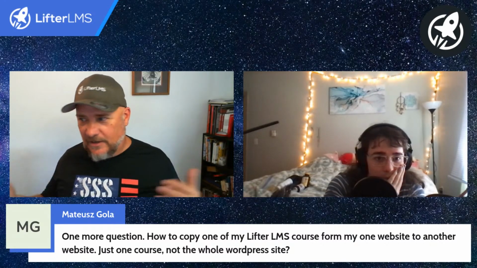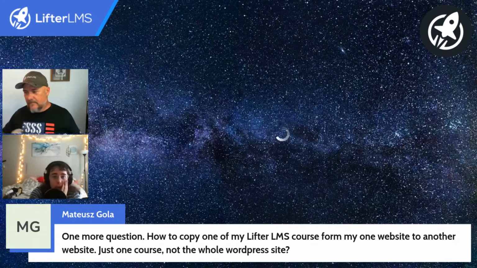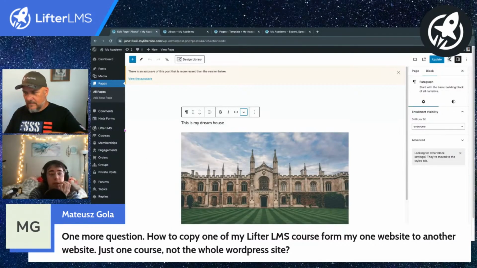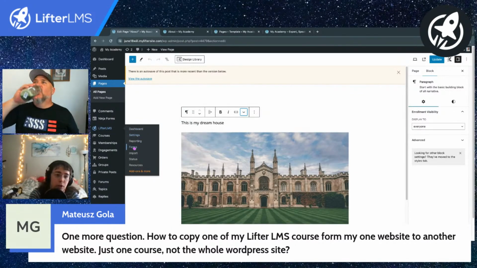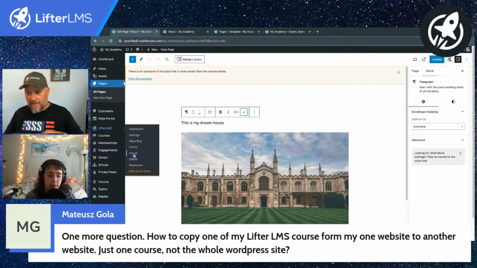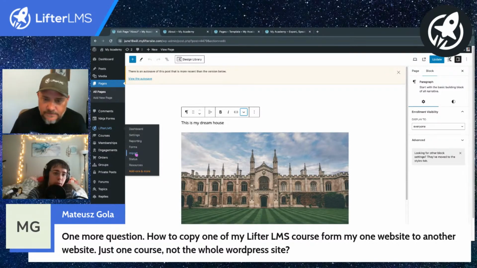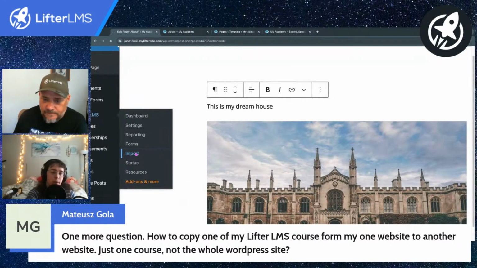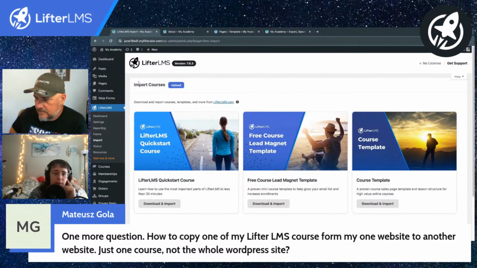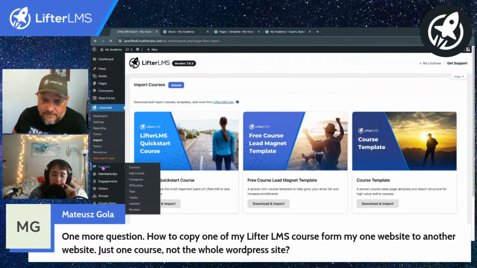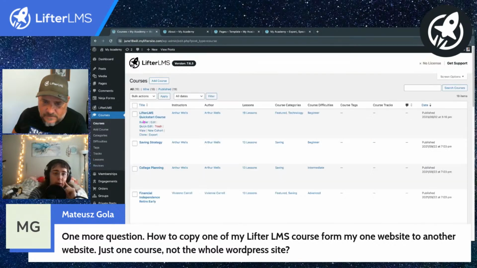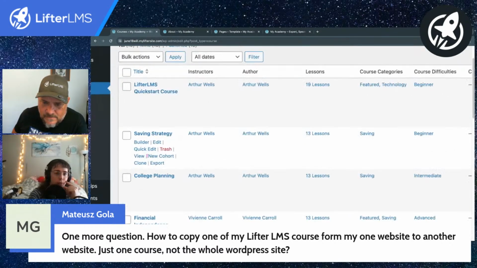We've got an import-export tool. Yeah, so all LifterLMS installs come with this out of the box. It's a part of the free core plugin. You can move content from your demo site to your live site. I don't recommend putting a lot of content in your demo site, but you can. So in LifterLMS, you might have noticed there's an import option right here in the left-hand side menu. When you come to this page, it asks you to upload a JSON file from your computer. Where we get that file is from courses. All of our courses out of the box, no add-ons required, have this export option right there.